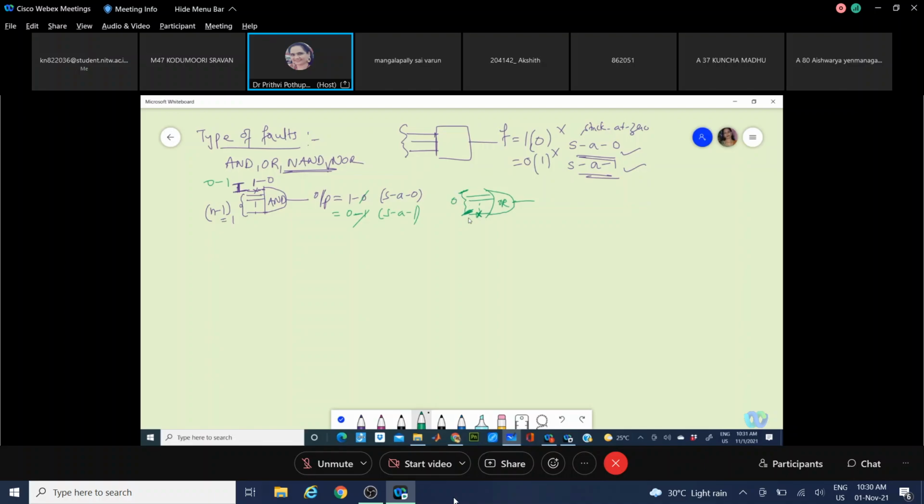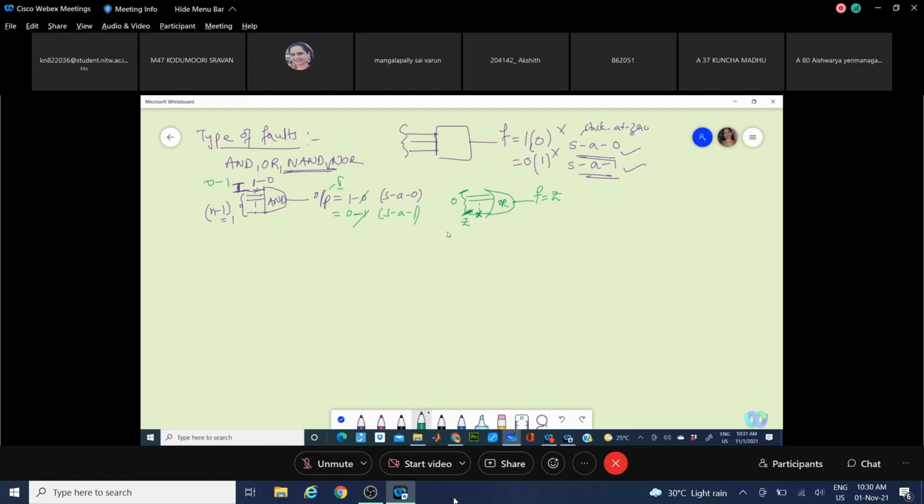Now, the output of the design will depend on the value of the input, that means Z. Is this correct, what I'm saying? This should be I. That means we are making only that line contribute to the output.